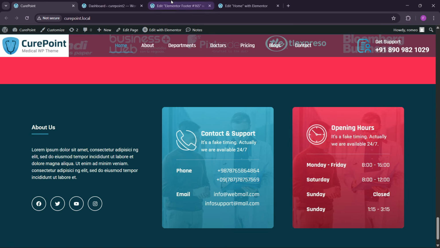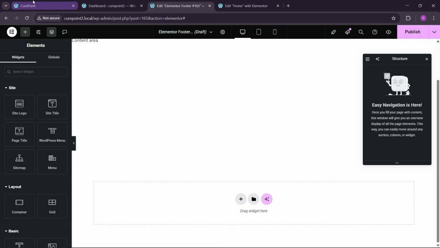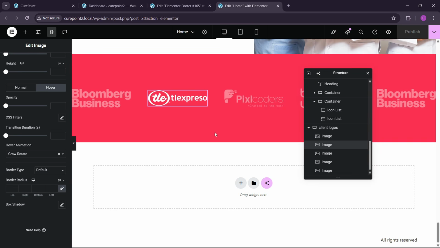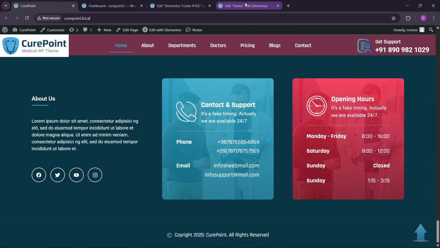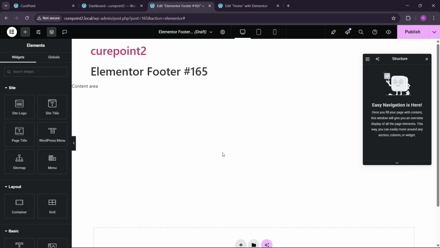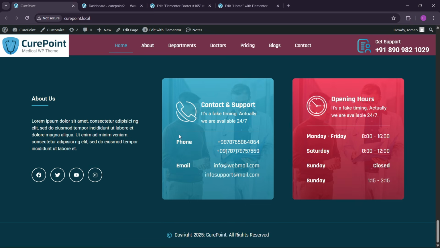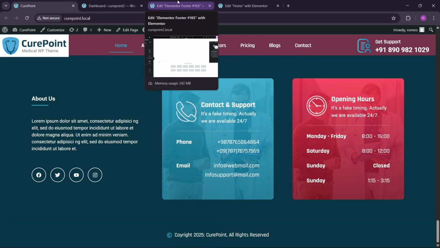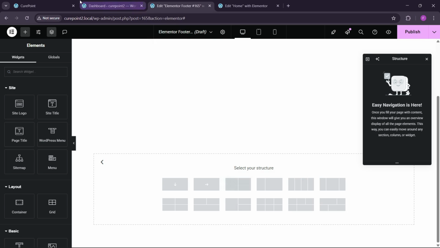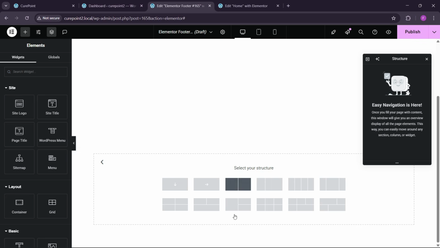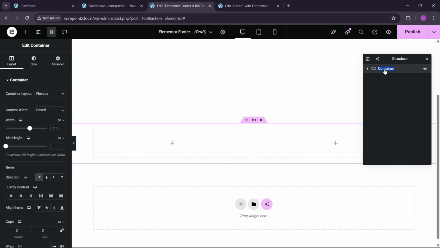And after that, what we can do, 1 2 3, and we can have, so here you can see we have this. So let's choose the 3-section layout. We can use the 2-section layout first, and here we can write footer 1,